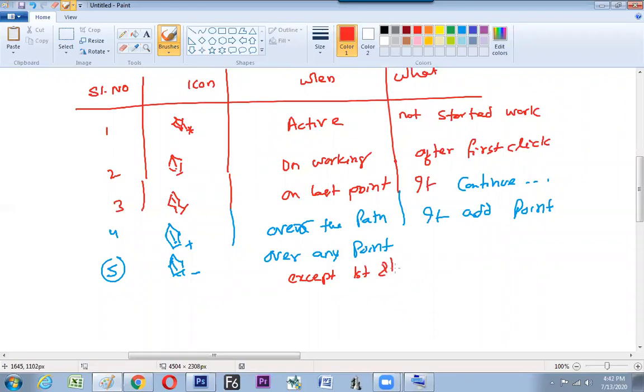I'm scribbling to make you know what is to be noted. This much of things are there. That's why the pen tool is a little tough, but it is a professional tool. And what it does, it deletes the point.